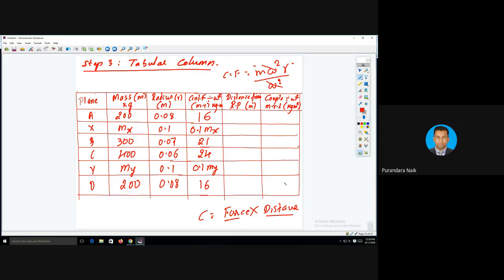So in the tabular column, we'll get six values. In that, one is zero, another one is known, and another one will be unknown. So intentionally, you are going to make one unknown force into zero in the couple column by selecting a reference plane. So how to select a reference plane? You need to see the unknown masses. You need to select one unknown mass as a reference plane. So here either you can select x or y as a reference plane. It's left to you. I'm going to select x as the reference plane.